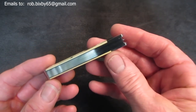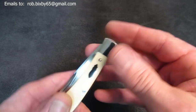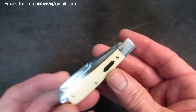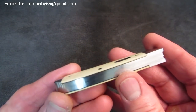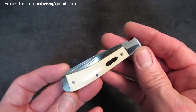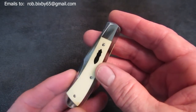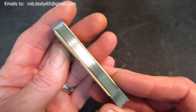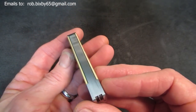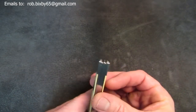All steel guts, though. Now, are those... I gotta look here. I said nickel silver, but I think those might be polished steel bolsters and end caps. The cover material is Westinghouse micarta. The shield appears to be like a black paper micarta, and then it's got very thin black liners. See those? The construction is